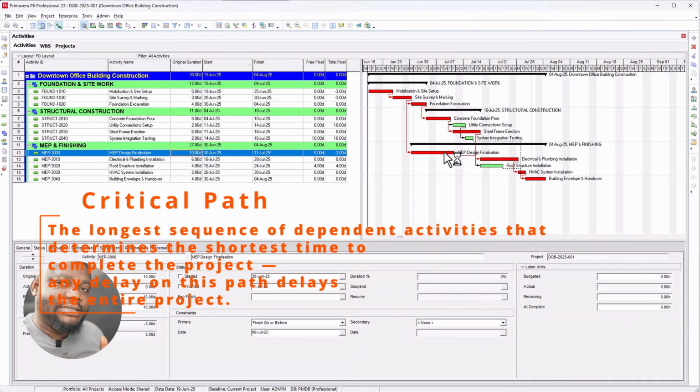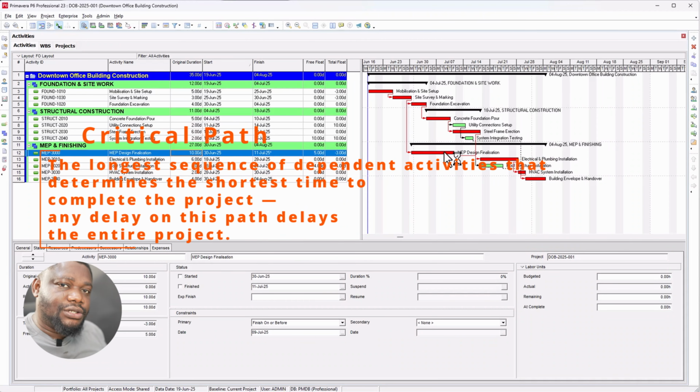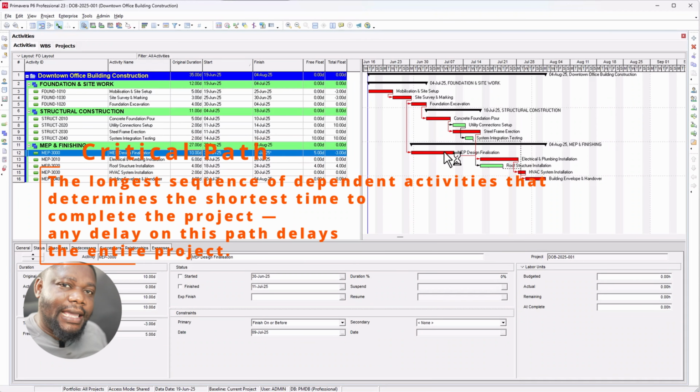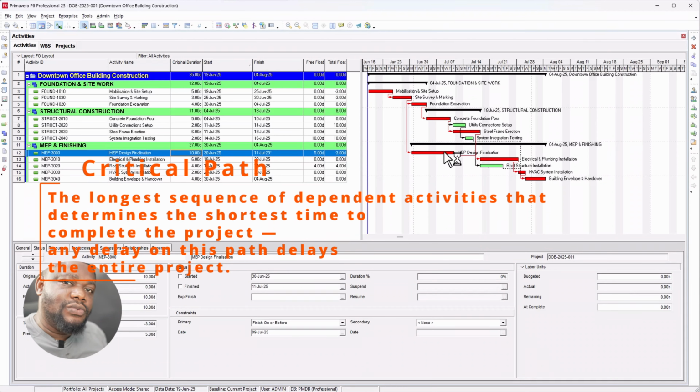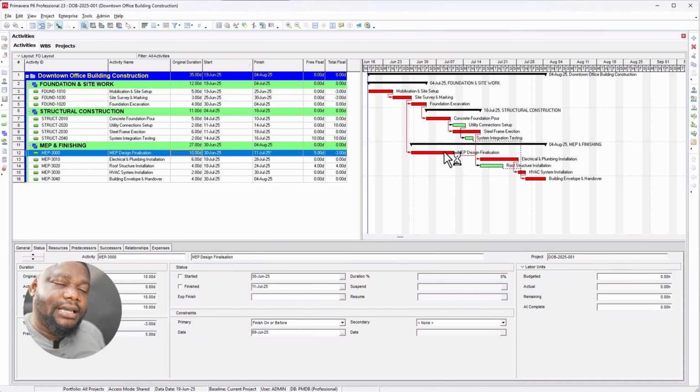And the critical path is the longest path in your program, or the shortest duration in which you can complete your project. Any delay on any activity on the critical path will delay the project end date, which means an activity on the critical path will have a total float that is less than or equal to 0. So that is why this activity is red, because here the total float value is -3. If it's showing -3, that means that activity is critical in its own right,